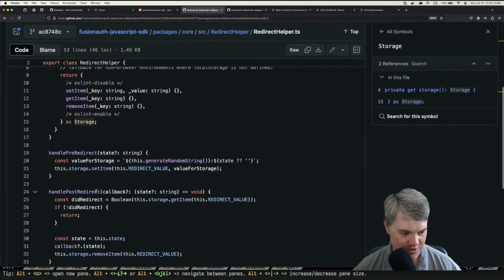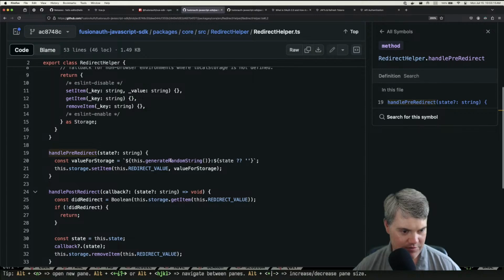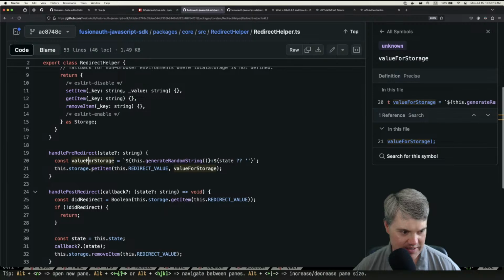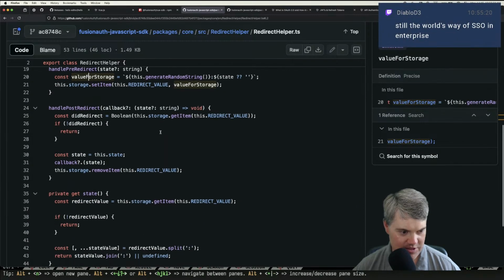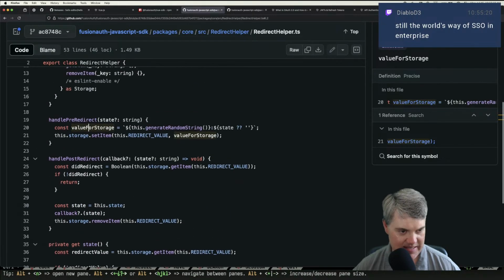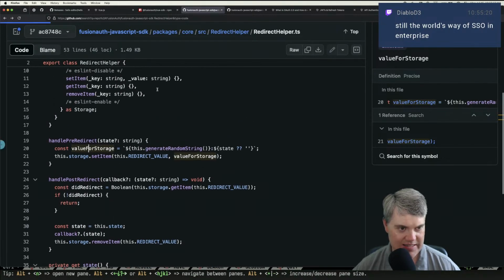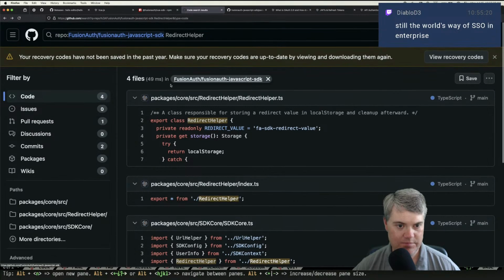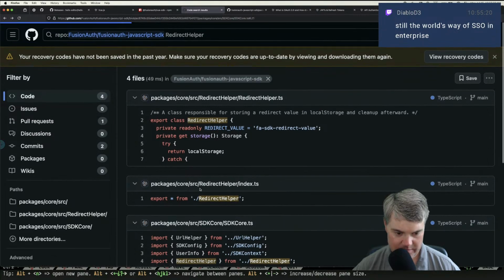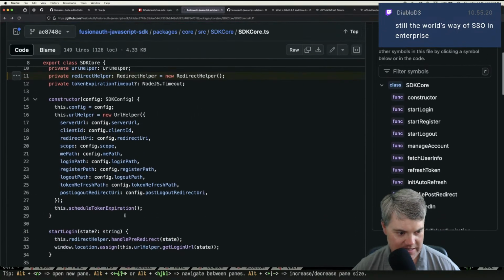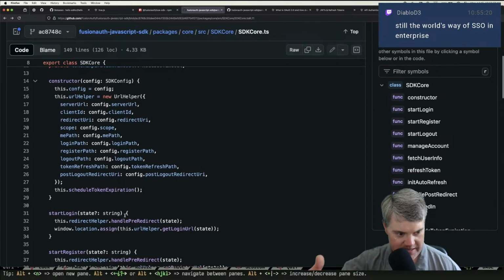Okay, so storage stuff, handle pre-redirect. Okay, so generate the random string. This is all about to go out, right? Get the state. Yeah, this is all going out. This is not the same thing. What I want is after we hit again,